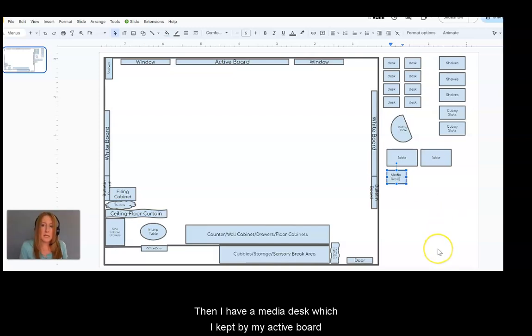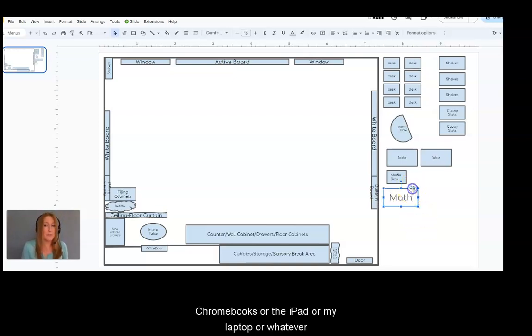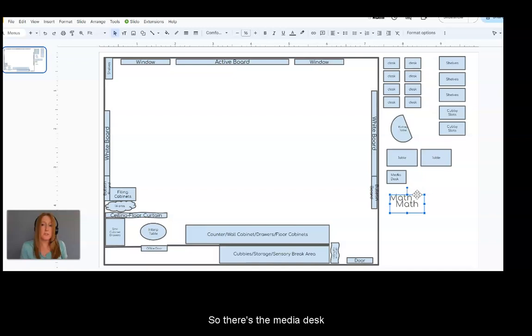Then I have a media desk, which I kept by my active board, and it has a power strip in it so that I could charge Chromebooks or the iPad or my laptop or whatever. And so there's the media desk. And then I decided to